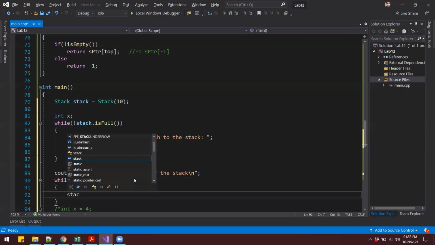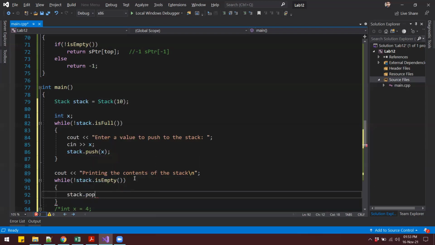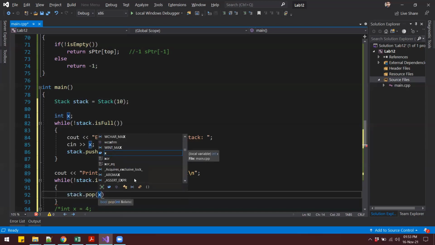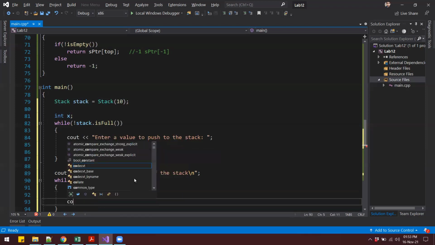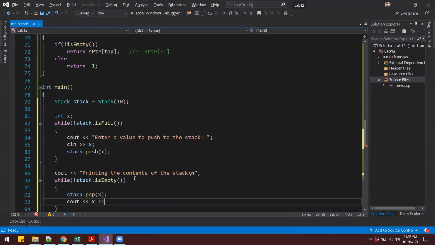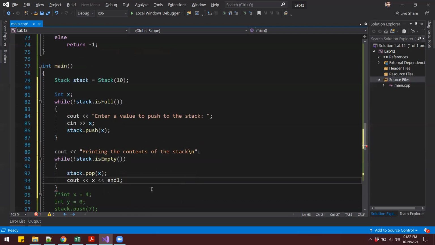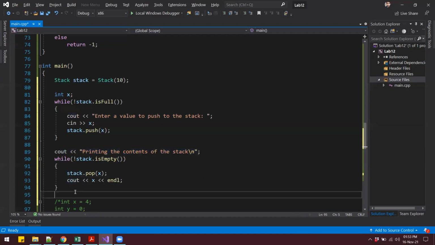So I can say stack dot pop, and we know that this function takes a parameter where the data will be stored after popping. So when the data is popped, it will be stored in x, and we can print that x onto the screen. And once the stack is empty, we can say over here that the stack is empty.